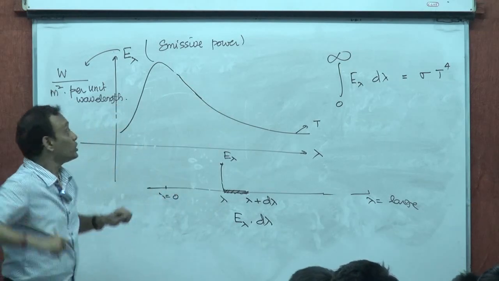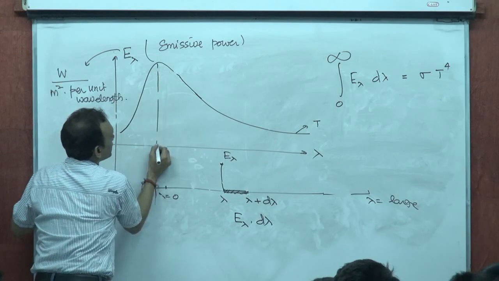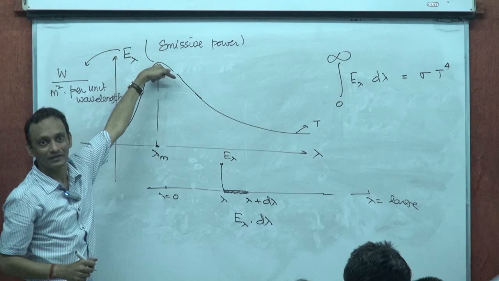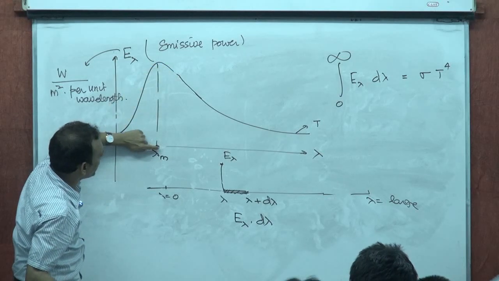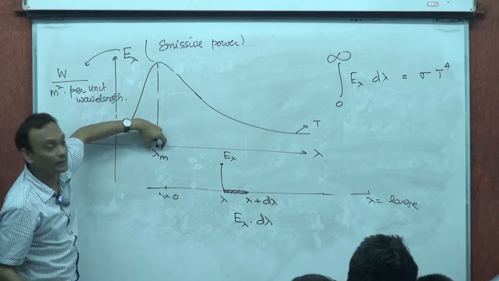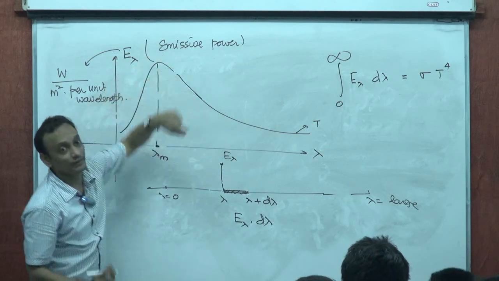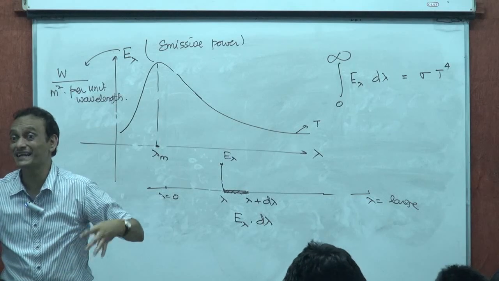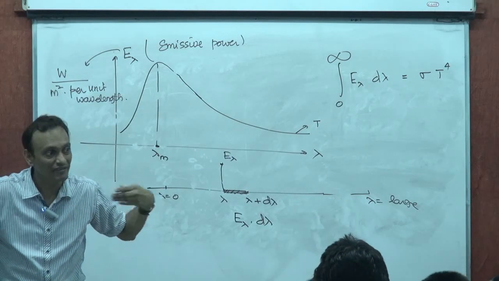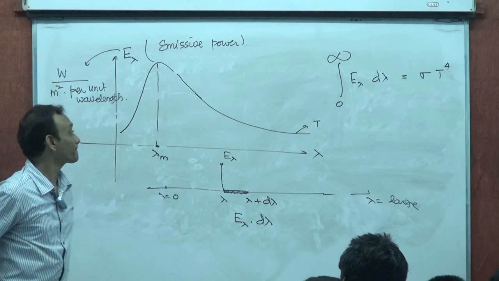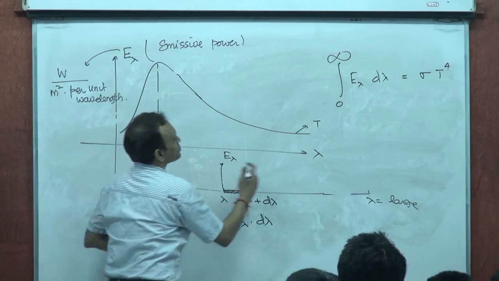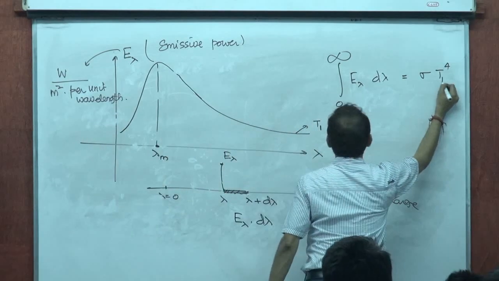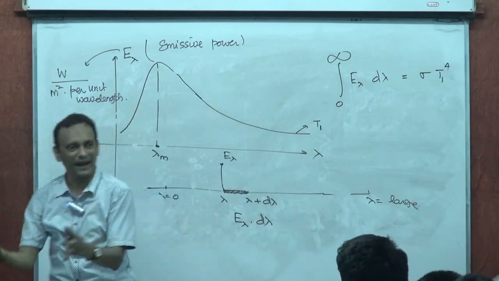Now, E lambda peaks at a certain lambda. At lambda m, it peaks. That means there is maximum energy in and around wavelength lambda m. That means close to lambda m, the watts per meter squared is maximum. That means the intensity is maximum around some wavelength lambda m, right? At smaller temperatures, let's say at temperature T1. If I increase the temperature of that black body,